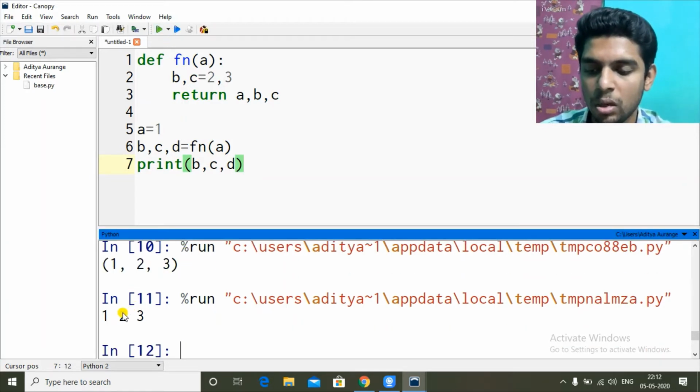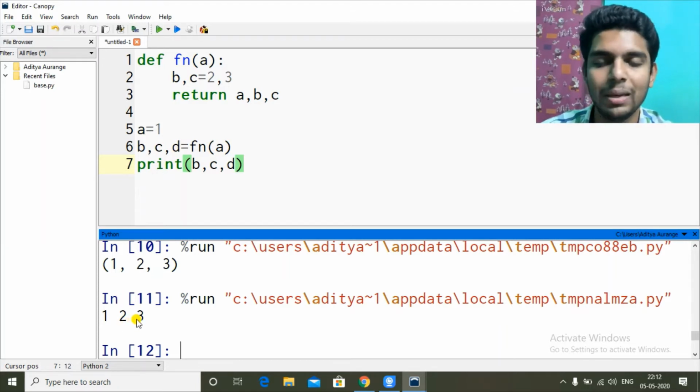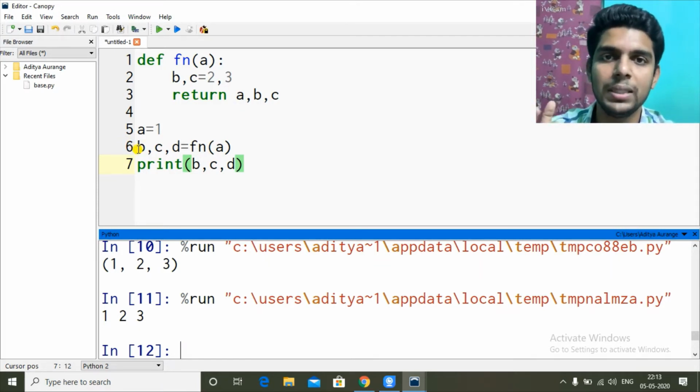Now b got 1, c got 2 and d got 3. Each of the variables got one value, in the form of a single element variable, so no tuple, because for each returned value there is one variable in which the value is received.